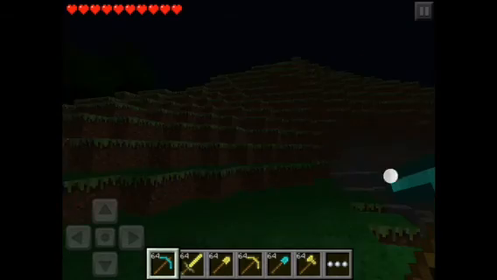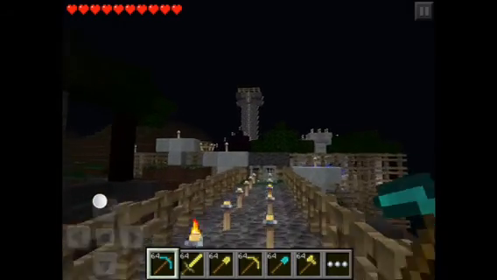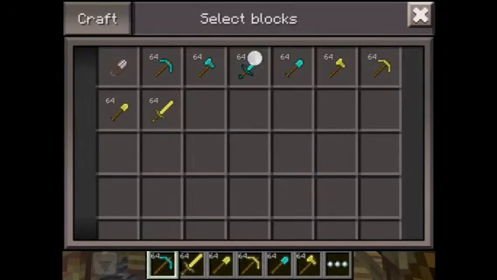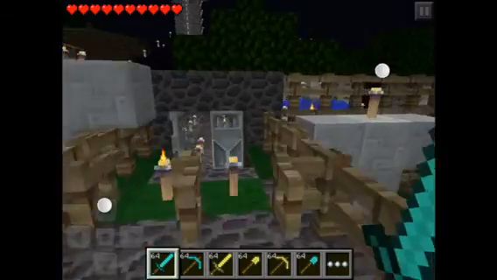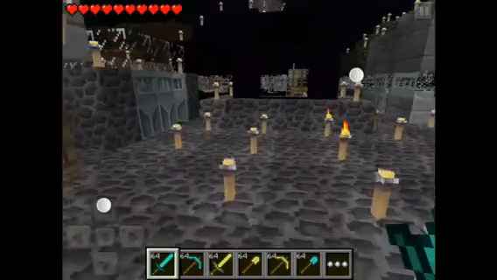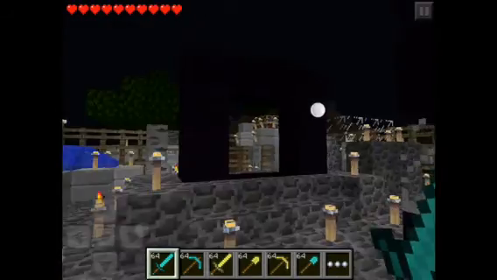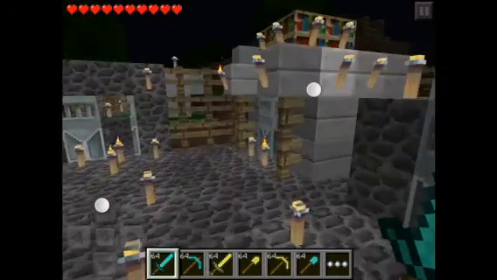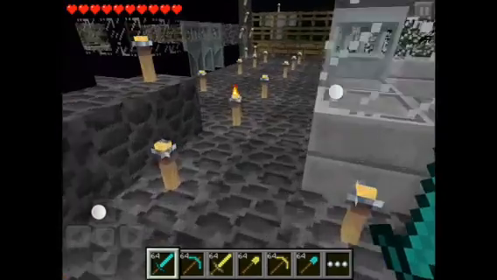Okay, you spawn with a bunch of stuff. That's cool. And then here is the map. I have stuff like this. This is actually kind of cool, so I'll show you around. And yeah, see? That's pretty much it. You guys could do this however you would like. Well, download it like I did, but then you could download any map you would like.